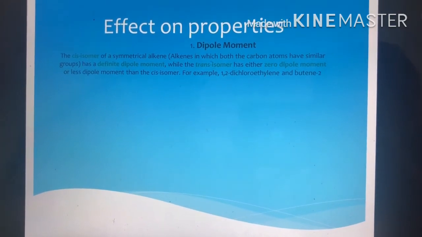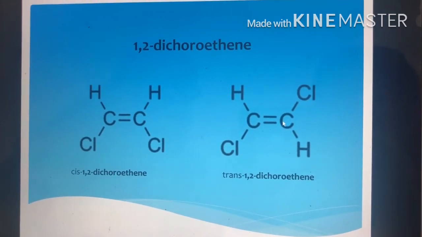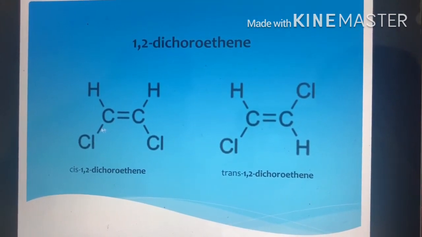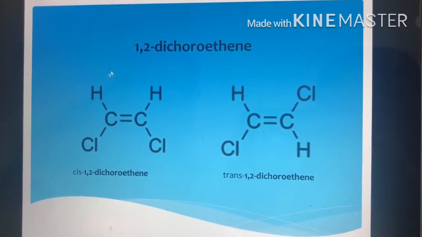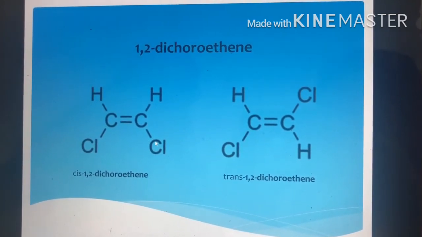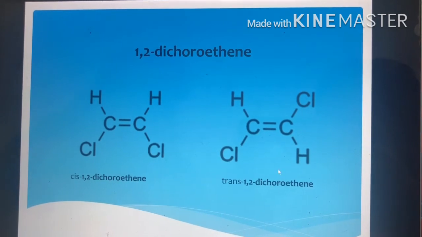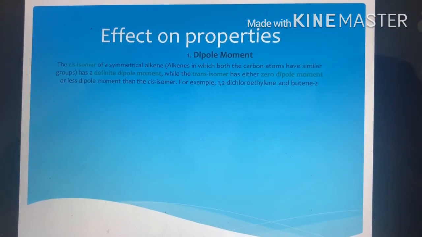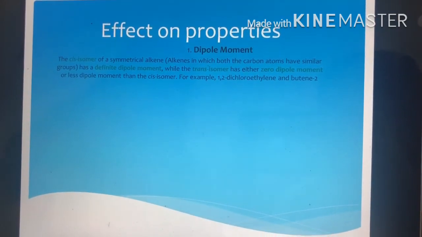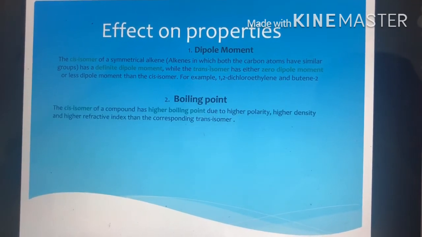Now if you think about the cis isomer and the trans isomer, let us go back. If you look here at the cis and trans isomers, we can see the electronegativity is more on the chlorine side. So the cis isomer will definitely show a dipole moment, as the dipole moments on each side are not cancelled by each other. So there will be a net dipole moment. In trans, if the same groups are attached on opposite sides, it will show a net zero dipole moment. So if it is the same group, it will show 0. If the groups are a little bit different in the number of carbons, it will show a significant value, but always lesser than the cis isomer. Now next is the boiling point.